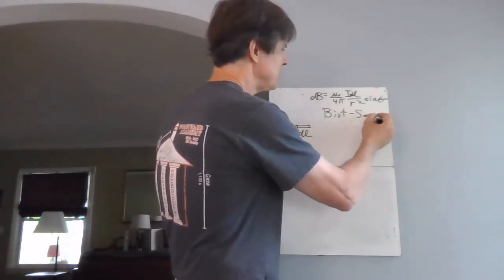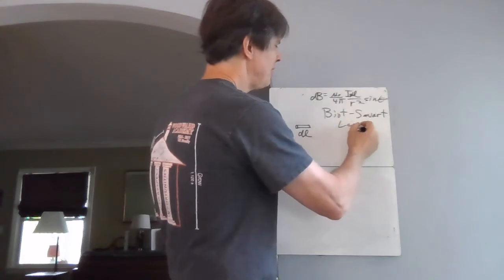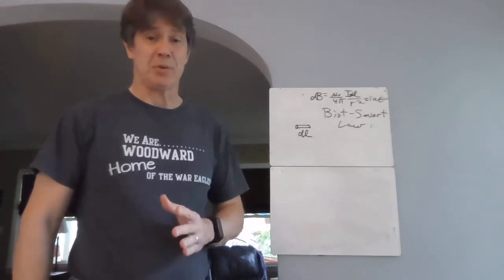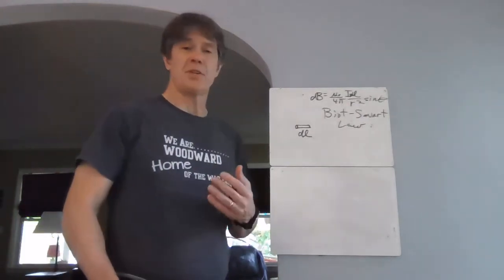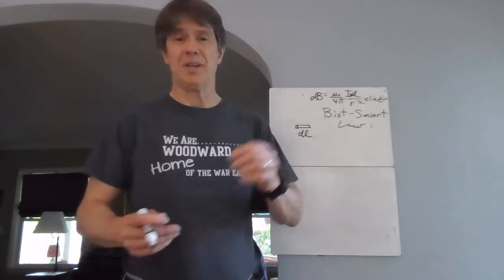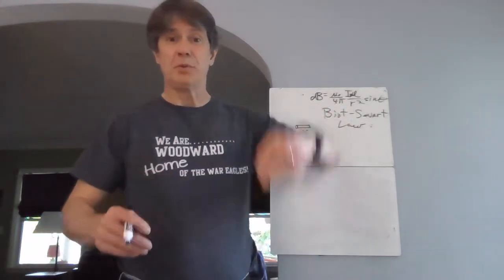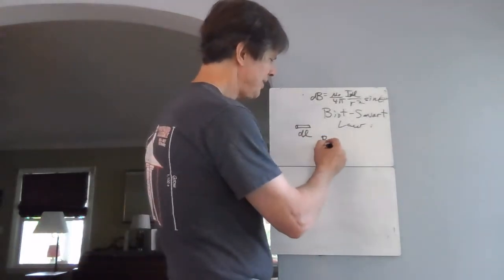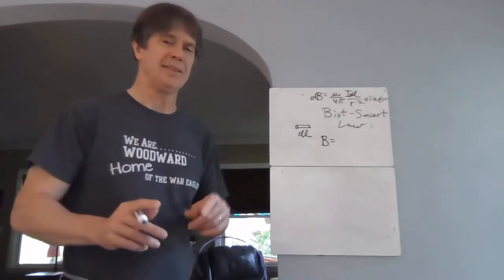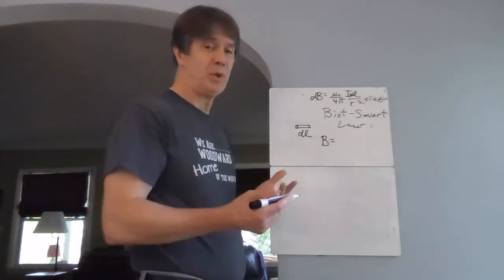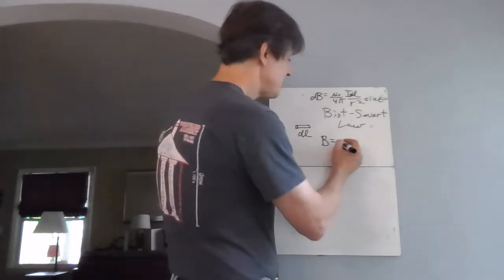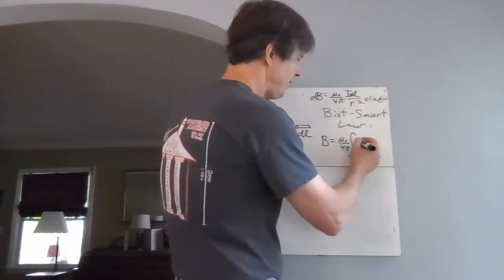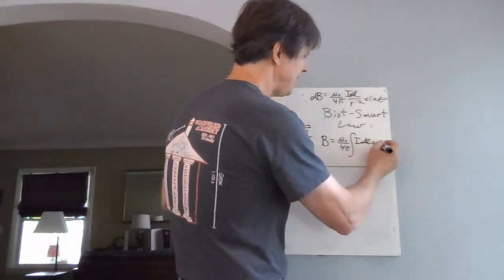Biot-Savart. I think it's two different people's names. The Biot-Savart law can be written either in this differential form, or it can be written as an integral. I'm a little more used to writing it as an integral because in a practical sense, I want to know the field due to a big old long piece of wire. So you calculate B at a point in space due to some moving currents. It is mu naught over 4 pi times the integral, see, I'm integrating both sides,